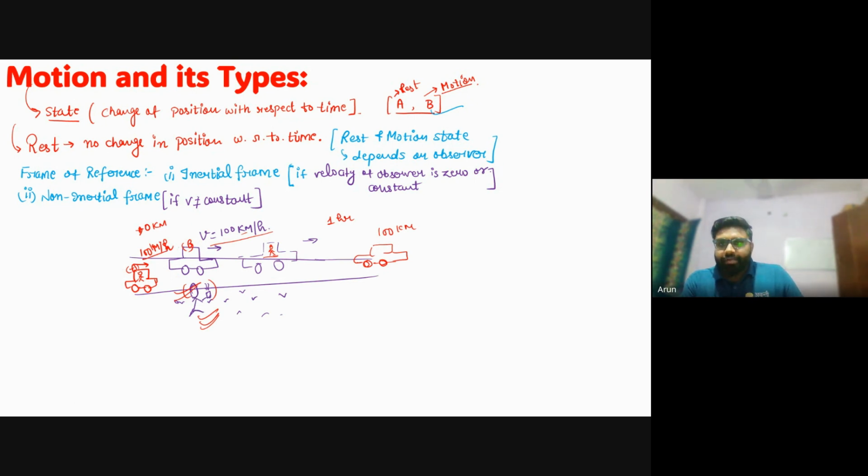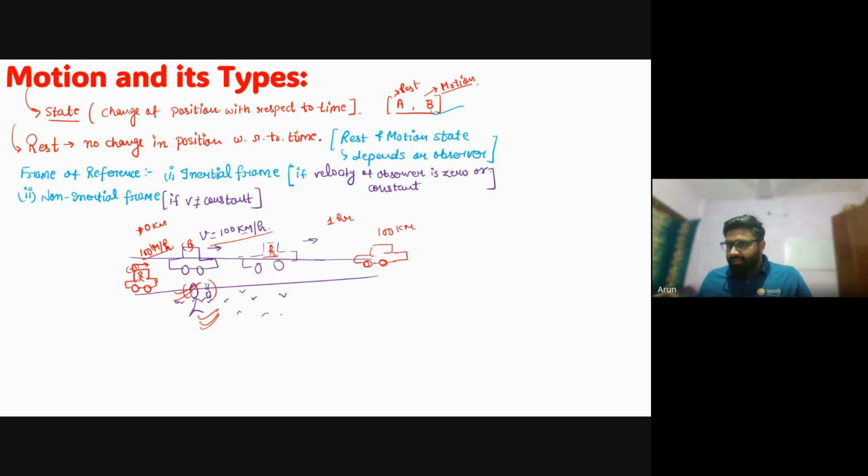Okay. So it is all a matter of from where you are observing. Got it? If a man standing on the ground sees a vehicle moving with some speed, that person says that it is in motion because it is changing its position with respect to time. But if a person sitting inside a car or a bus or a bike